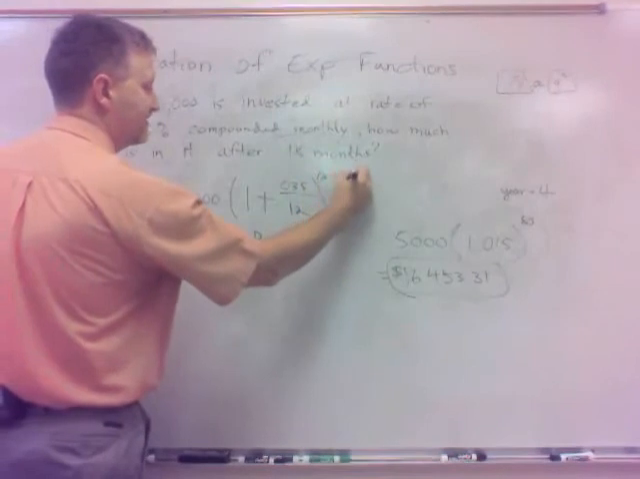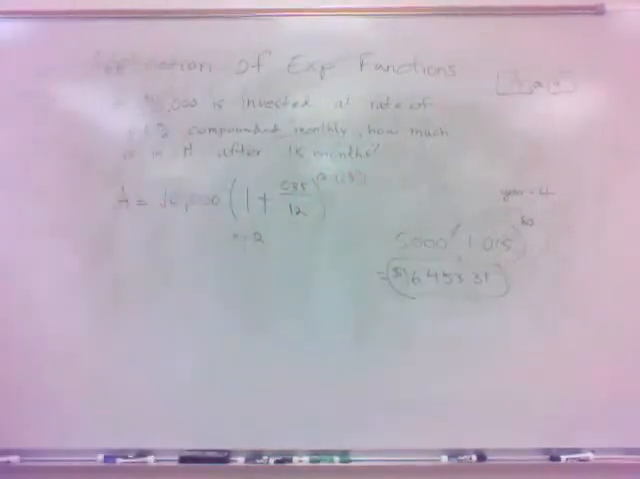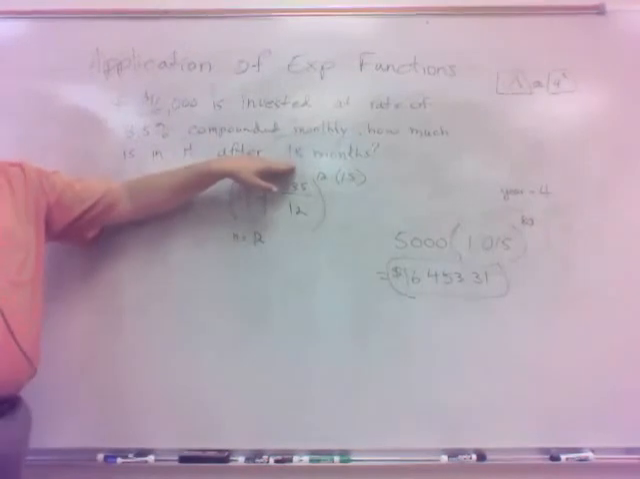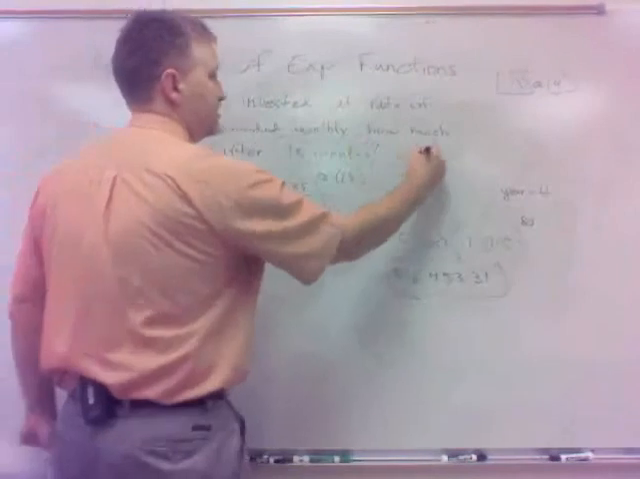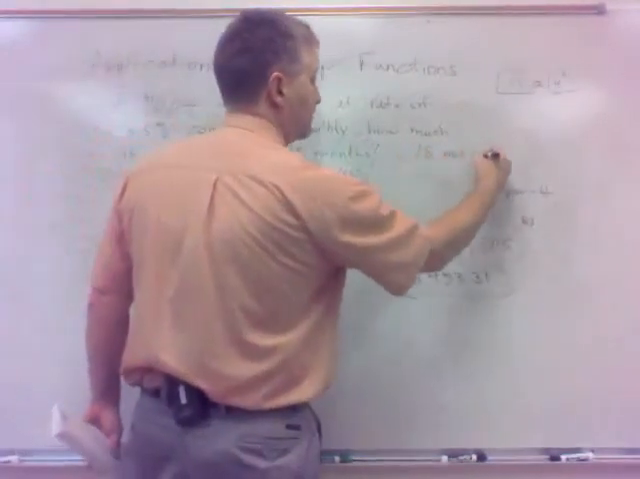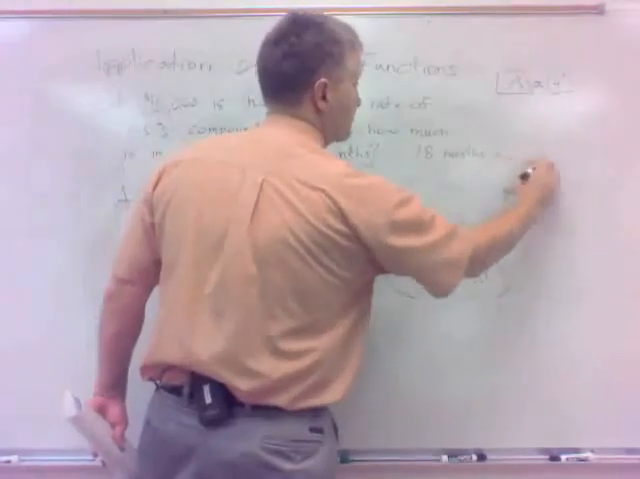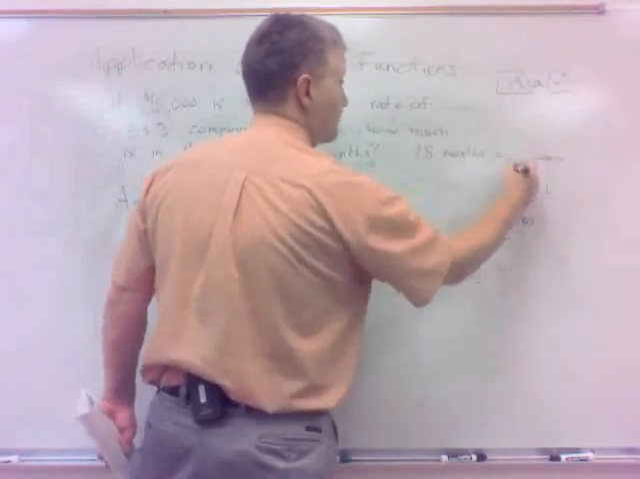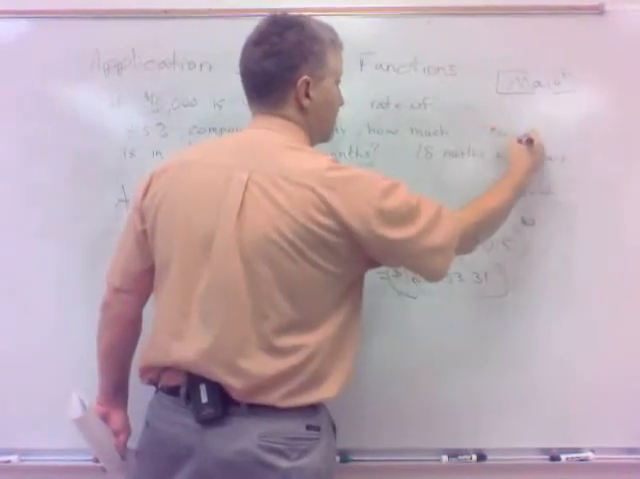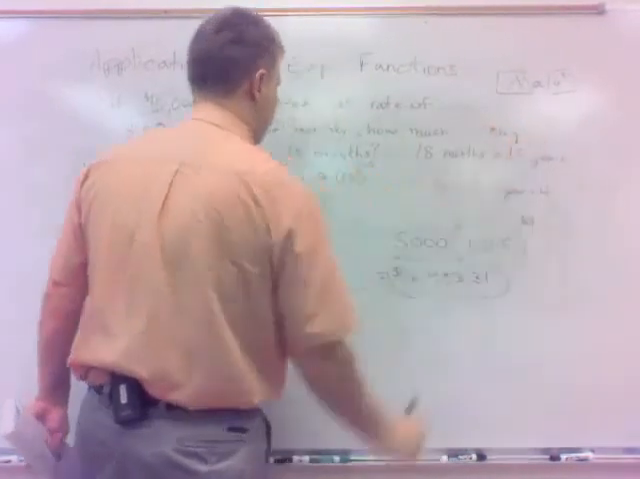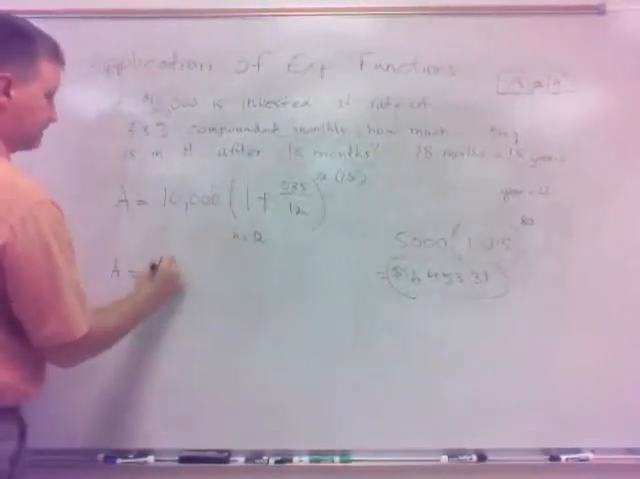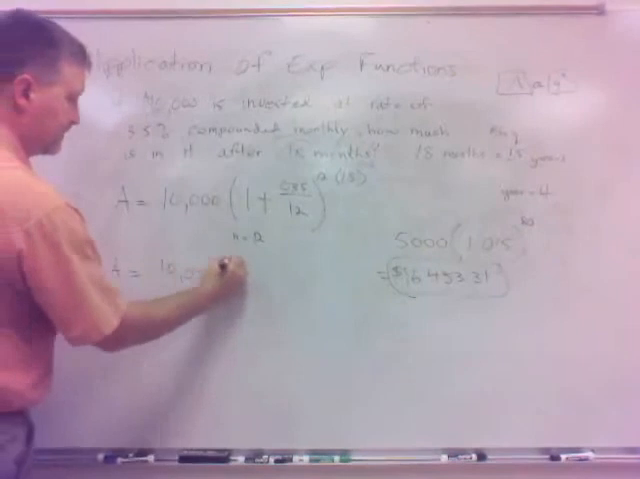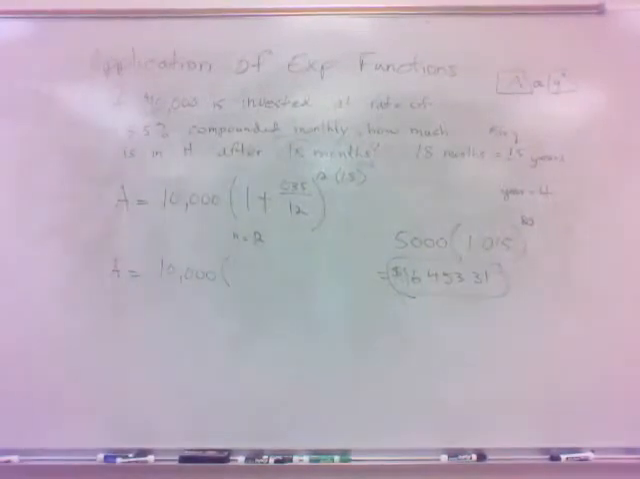1.5. Why 1.5, not 18? The formula is based on years. T is in years. This is months, so you change the months to years by, how do I do that? Well, you take 18 divided by 12. It's 1.5. Okay. All right, so that'd be A equals 10,000 times, and that may not be a very nice